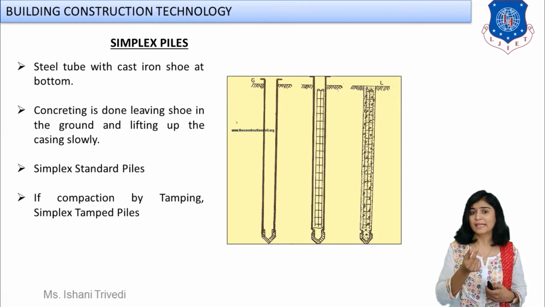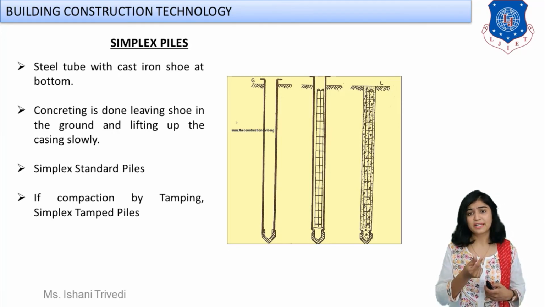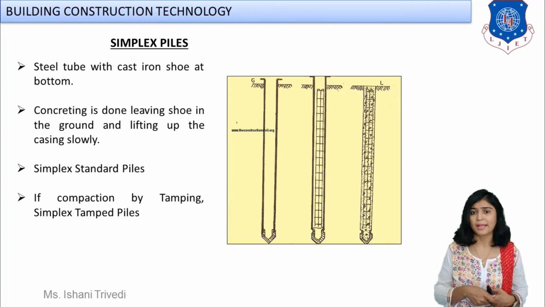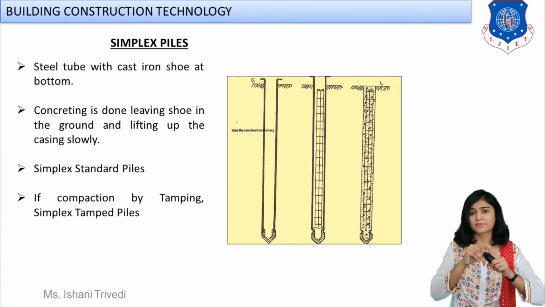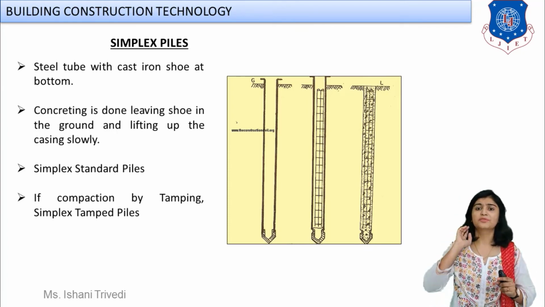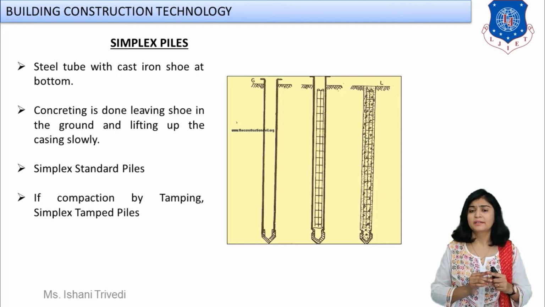Also there will be a pile shoe at the bottom sometimes, for the necessary support. So this makes your uncased cast in situ concrete pile. The first which you can see over here is an example of a simplex pile. Can you see the pile shoe fitted at the bottom? Yes, we can see that it is going to rest with your pile member permanently, right?